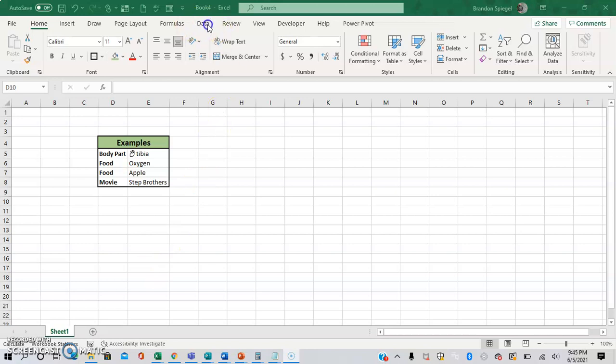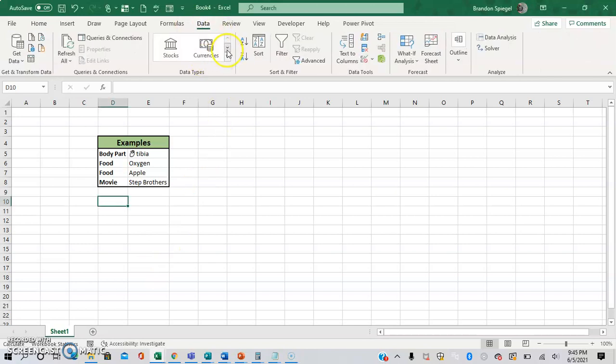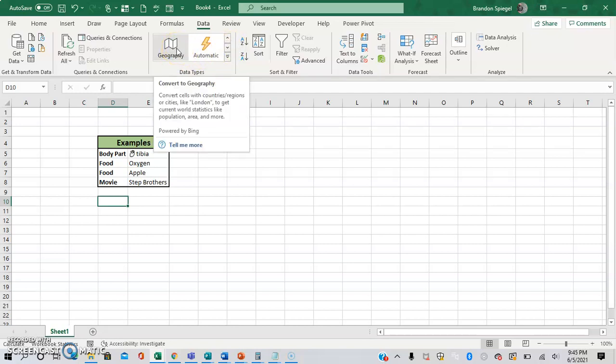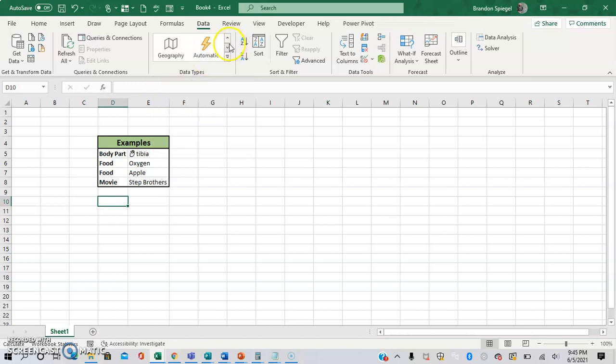So in an earlier video I talked about how you can look up the stock quotes, and you can look up geography information as well for different pieces of data in Excel. But what's really cool is, as you can see, I'm going to the data tab, that they have more new data types, such as anatomy, animals, chemistry, cities, locations, medicals, movies, foods, terrain, people, plant, space, universities, and yoga, and